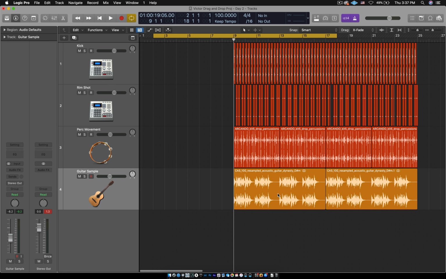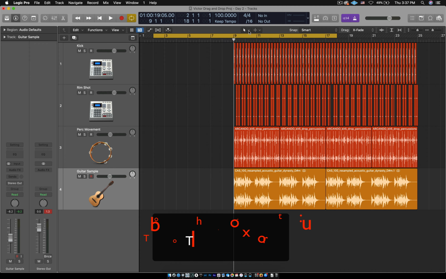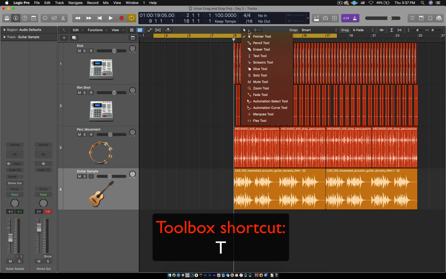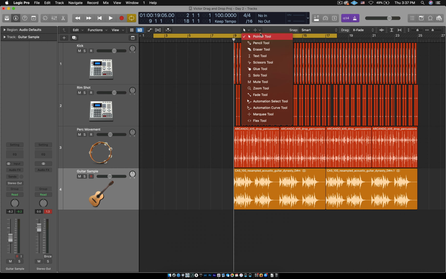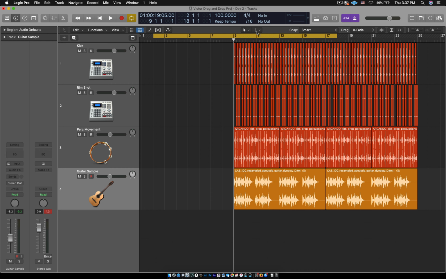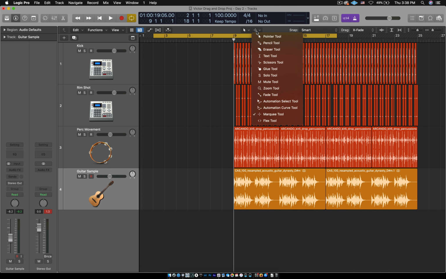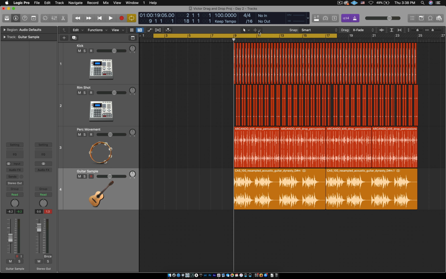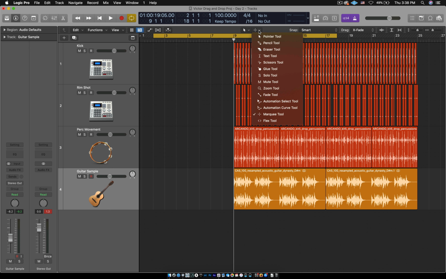And now we're going to do some cutting and we're going to use some editing tools here. These are some things that I talked about in Intro to Logic that I said we would learn later. And here they are. So this is your toolbox. If we click on this, it has a bunch of the editing tools. All the main editing tools are right here in this box. This box right here is kind of like a quick tool. You can grab a tool that you use a lot, put it on here, and then by holding Command,